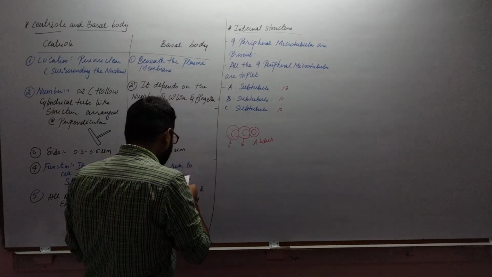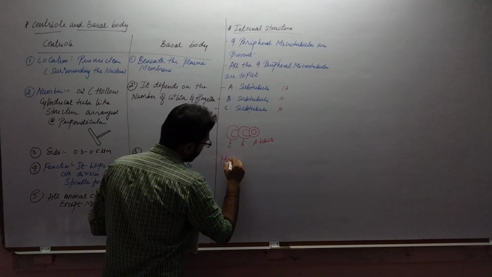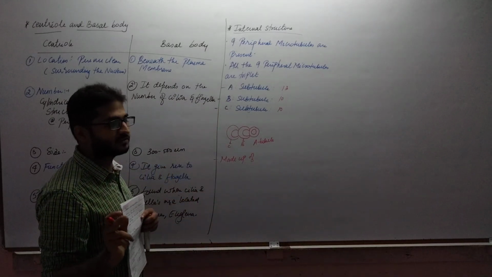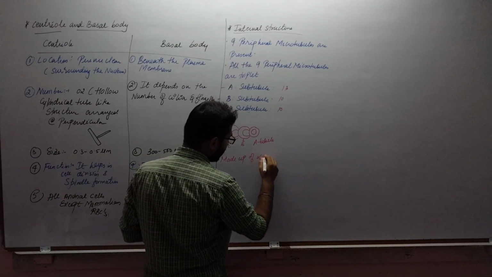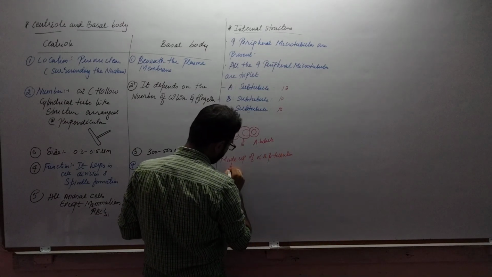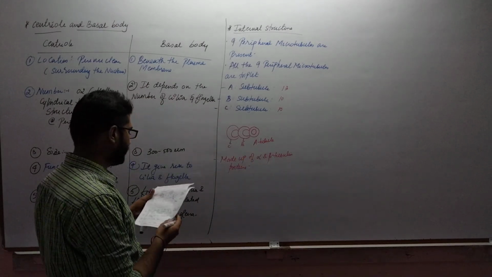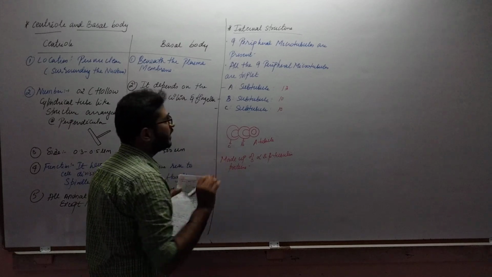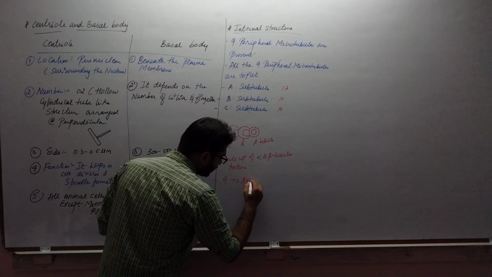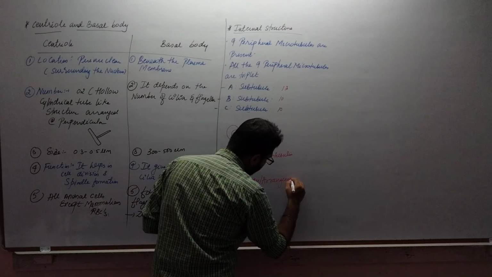That means the protein that is present is tubulin protein. So they are made up of tubulin protein, and we know the 2 important tubulin proteins are alpha and beta tubulin protein. So they are made up of alpha as well as beta tubulin proteins. Right? Here the arrangement is 9 plus 0 array or 9 plus 0 arrangement.